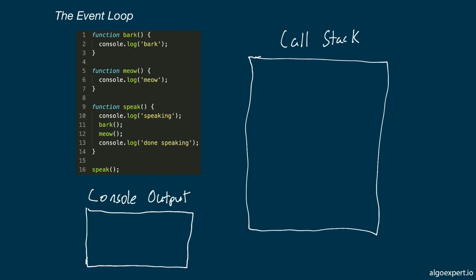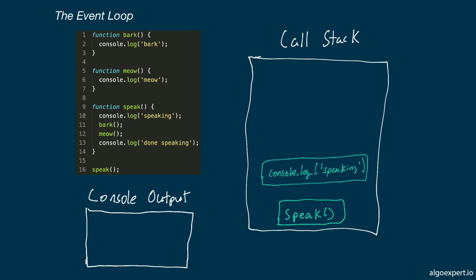Here we have three functions, bark, meow, and speak. On line 16, we call the speak function. So this function gets pushed onto the top of the call stack. Then from within the speak function, we call console.log of speaking. This means that we push the call to console.log onto the top of the call stack. From here, the console.log function would run, logging out speaking, and when that function completes, it gets popped back off